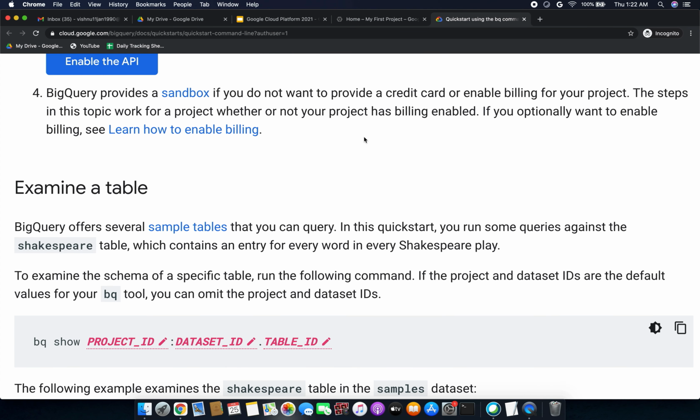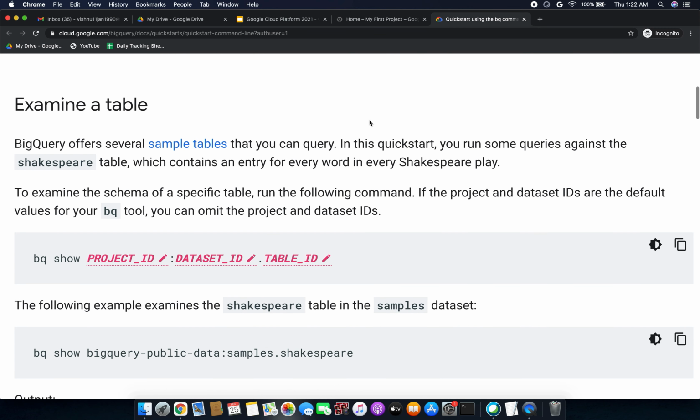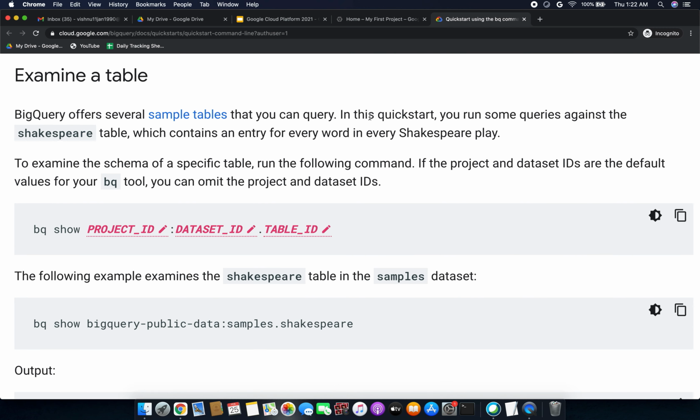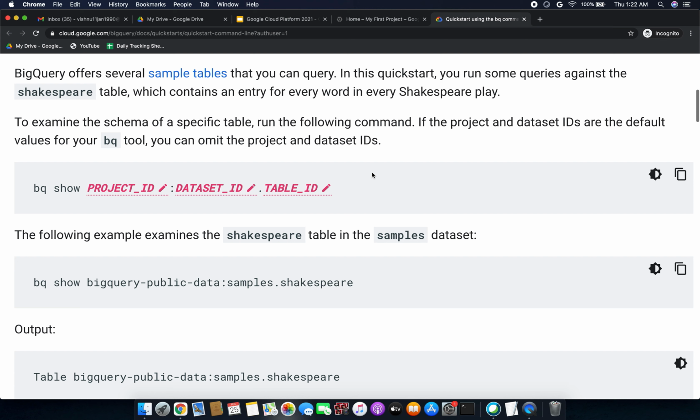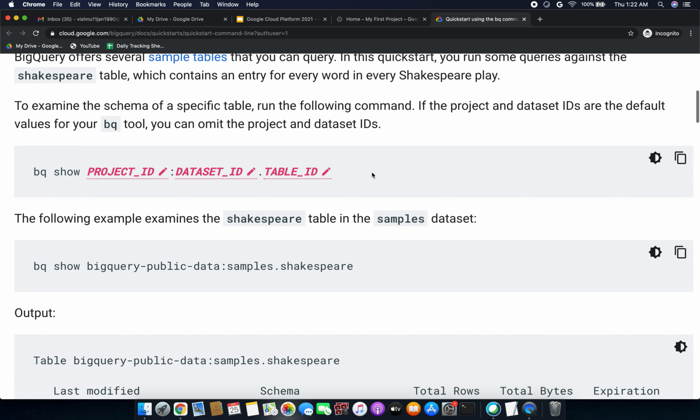And we are going to examine a table. BigQuery offers several sample tables that we can query. In this demo, we can run some queries against the Shakespeare table, which contains an entry for every word in every Shakespeare play. To examine the schema of a specific table, run the following command.